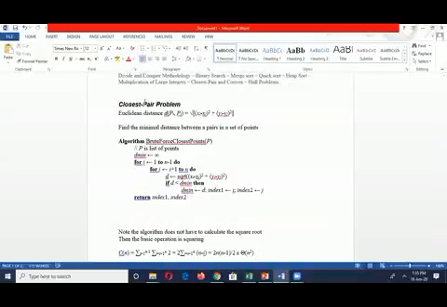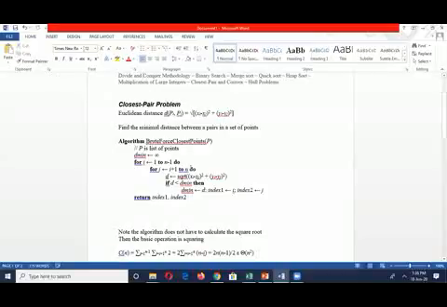D is assigned the square root of the difference of xi and xj, or you can replace with x1 and x2. If the value of D is less than the minimum value, then you have to find out the index. So index 1 and index 2, and later on you have to return the value of index 1 and index 2.